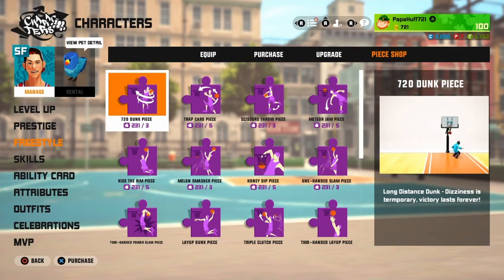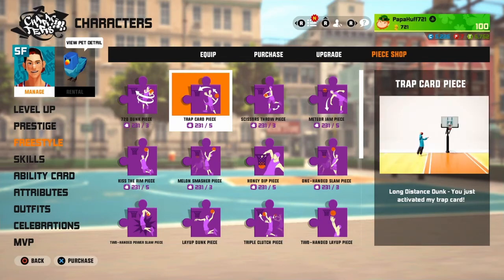The next one is the trap card. Trap card is very good. It's one of the ones that everyone runs. Only very few people know how to block it, so most people you go against don't know how to block trap card, so you'll get easy 2 points. It does cost